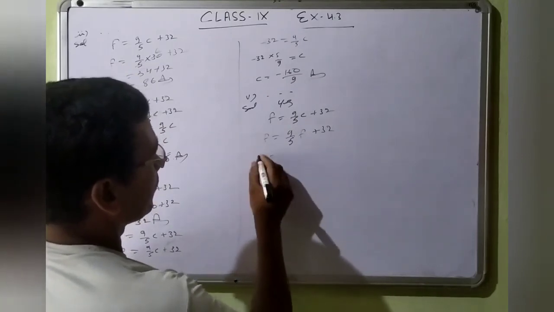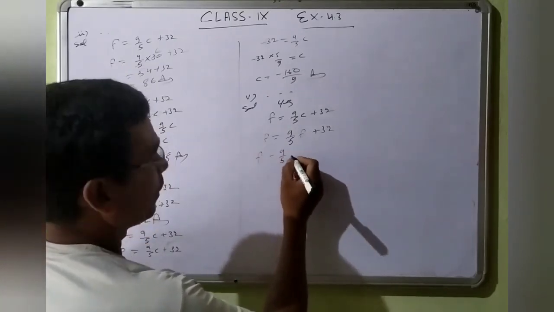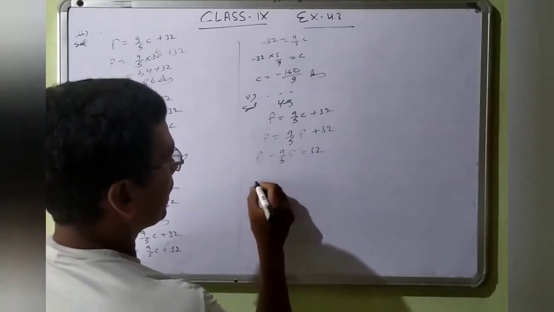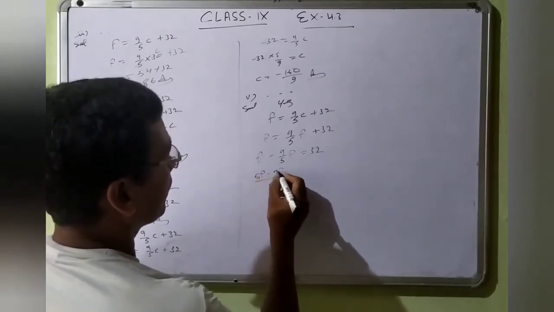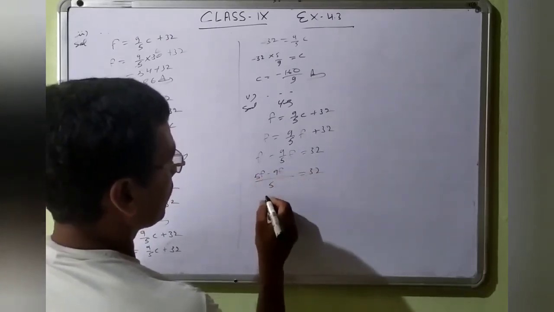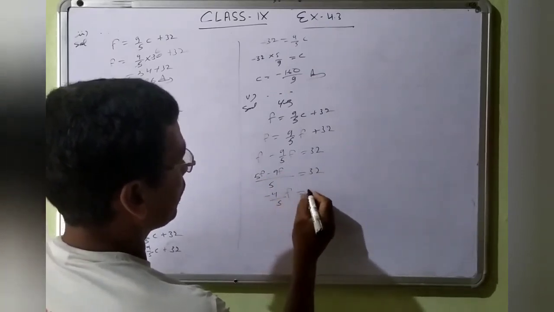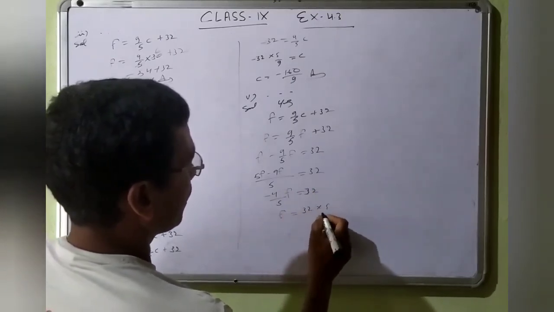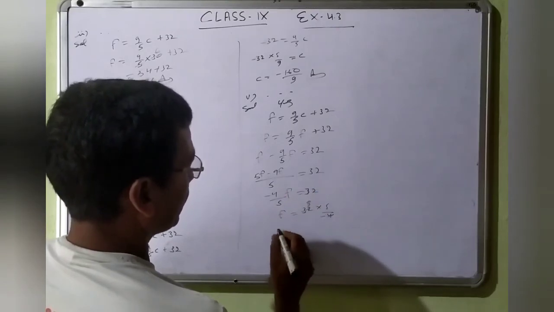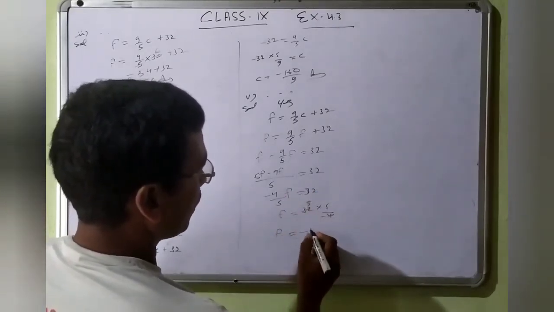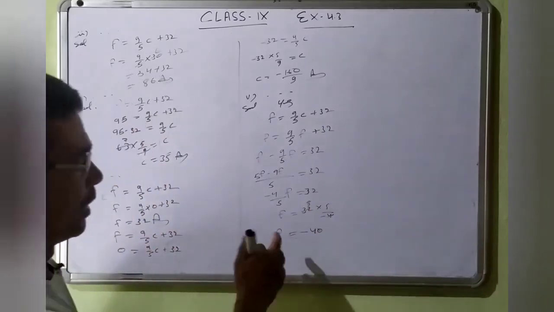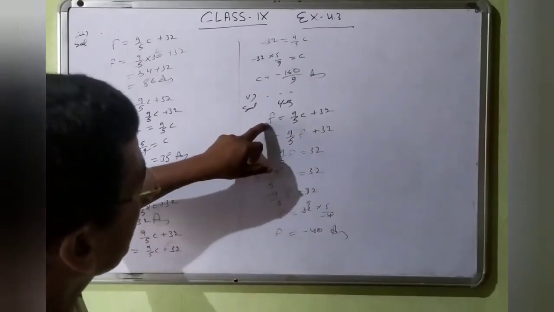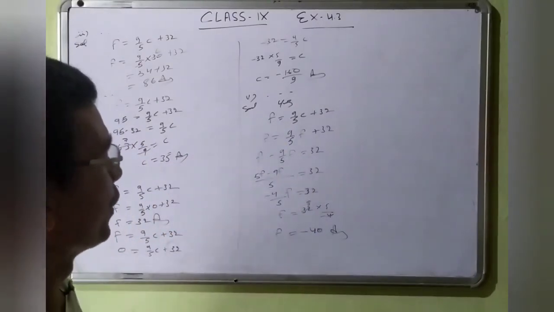So F minus 9/5 F is equal to 32. So subtracting, 5 is the LCM, 5F minus 9F is equal to 32. So minus 4/5 F is equal to 32. So F is equal to 32 multiplied by 5 upon minus 4, 4 eights are 32. So F is equal to minus 8 fives are 40. That is the answer. If you place C here, then the answer will also come the same, minus 40 degrees.